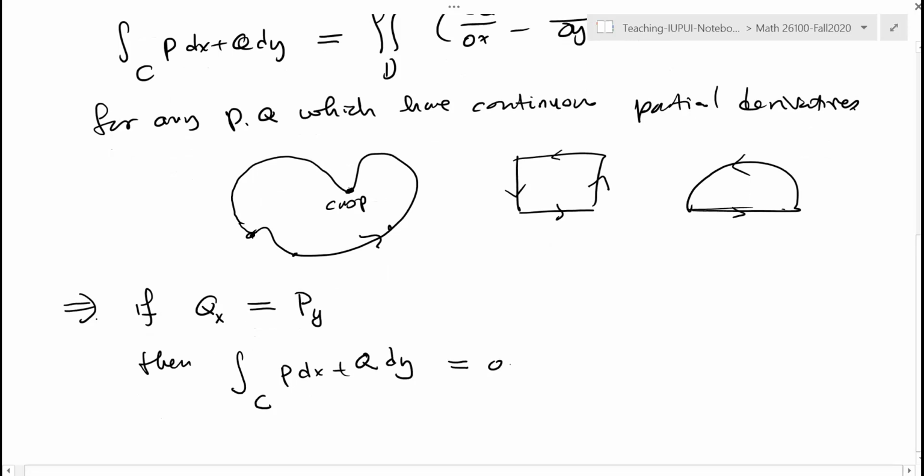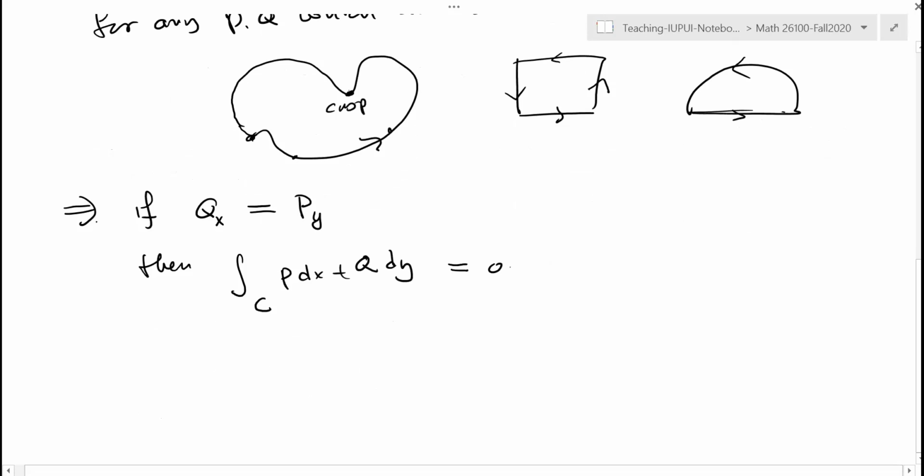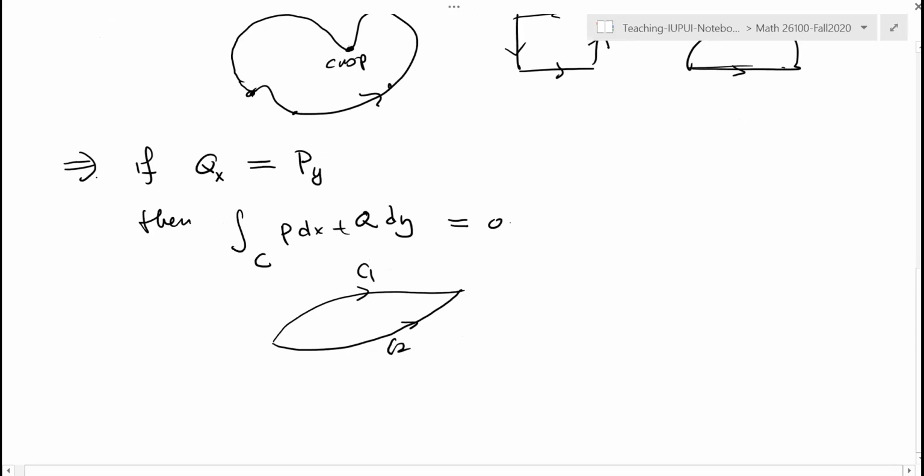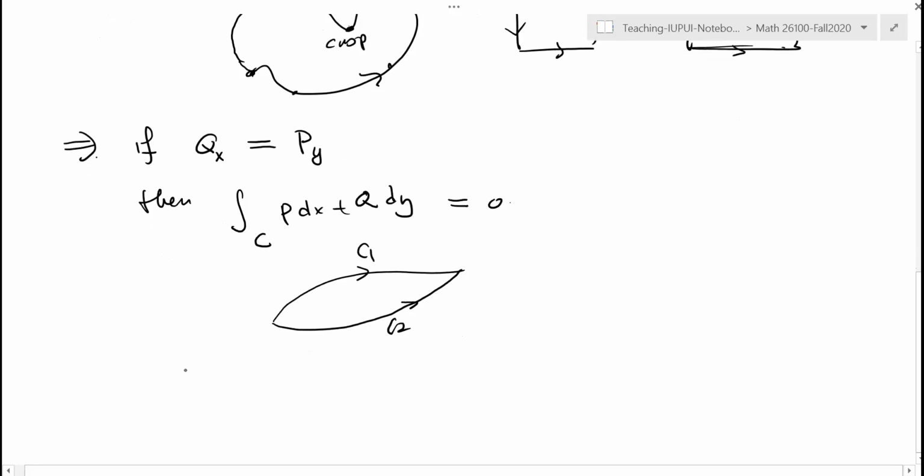All right. That implies two things. If you have two curves, the line integral will be independent of the path, and you can also show that. If this is C1 and that's C2, and as long as they are included in the domain here, then you can also show that the integral over C1